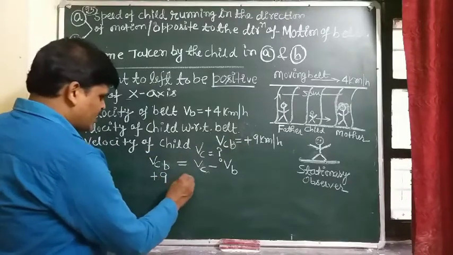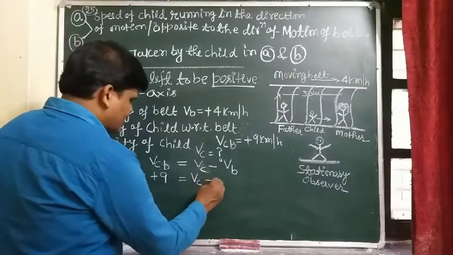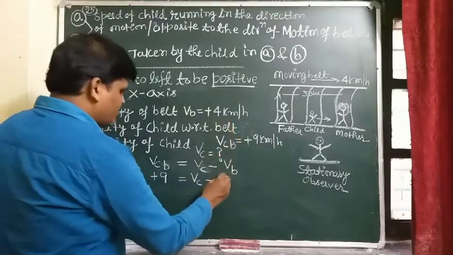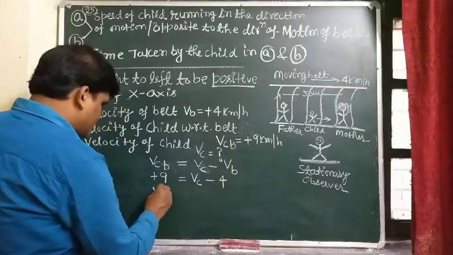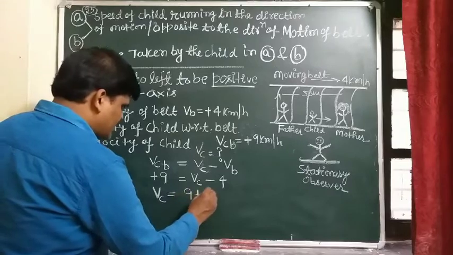This is given, and the velocity of the belt is taken to be 4. So the velocity of the child comes out to be